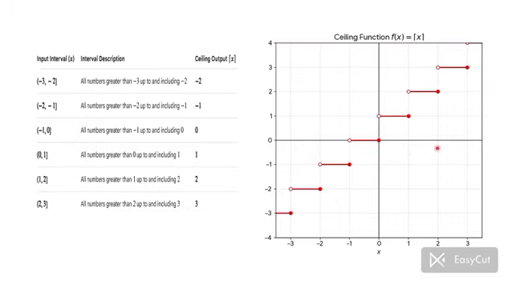From 1 to 2, it has the value 2, and from 2 to 3, it has the value 3. So here at the point 1, it has the value 1. At the point 2, it has the value 2. At the point 3, it has the value 3. So I ask a question: at the point 0.1, we have the interval. If we observe this interval from 0 to 1, at the point 0, it has the value